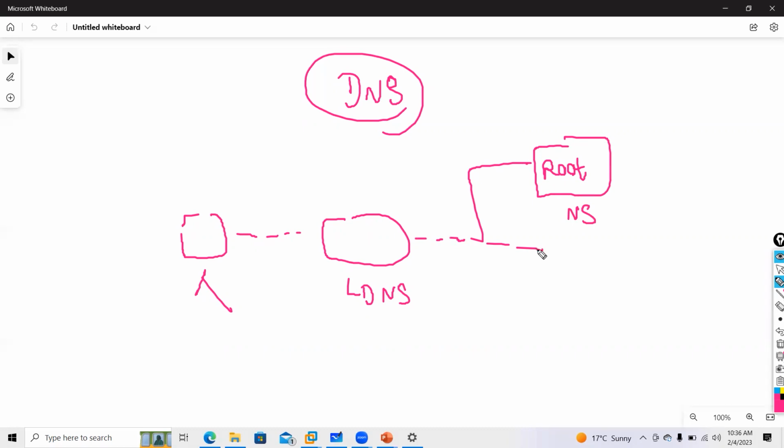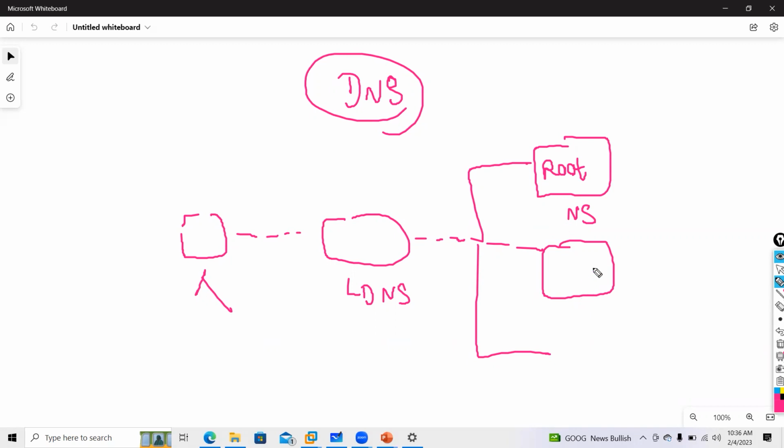After that, what do I have? Another name server. Can anyone tell me what comes after the root name server? Anyone, guys? When I talk about the root name server, after that, what comes into the picture?